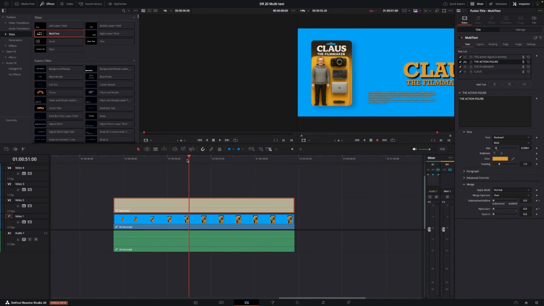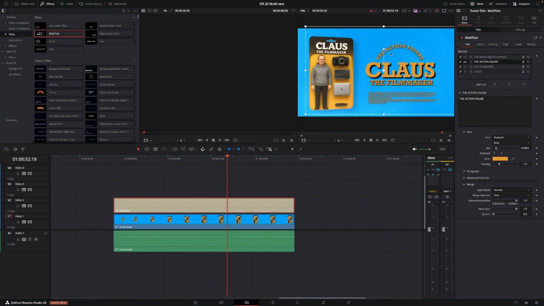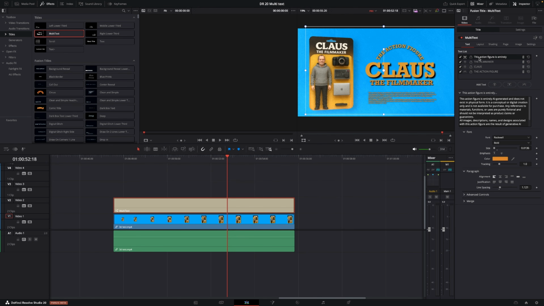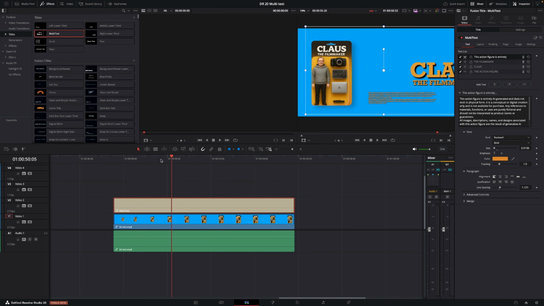Like such, or like so. If I want this layer to be behind, I can simply take the layer and drag it down underneath the Klaus layer. So this will be the layer behind. The last thing to do is I want to take this entire action figure text here, and I want that to just come in like